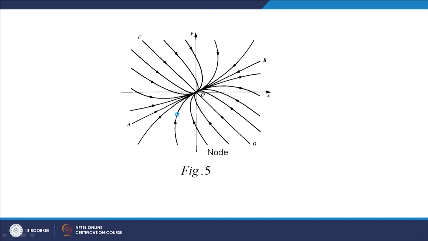So, you can see this path, this path AB, and then you can see these paths are approaching the origin, and you will see that the slope of these paths at origin is nothing but the slope of the line AB. So, this is the characteristic of a node. The paths are approaching 0 0 as t goes to plus infinity and minus infinity, and when we discuss later on in detail, we shall see that these paths approach the origin with the slope of the line AB. With that, I come to the end of this lecture. Thank you very much.